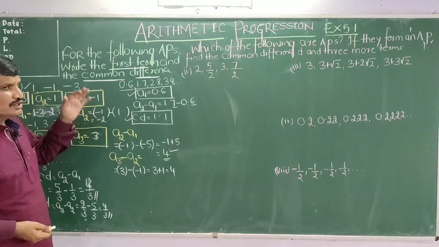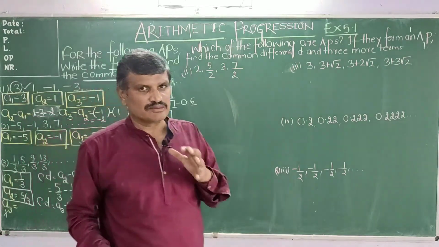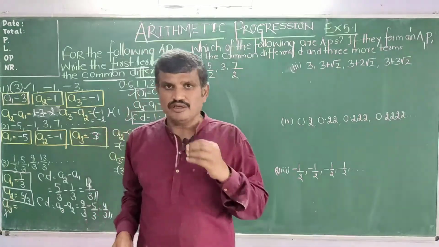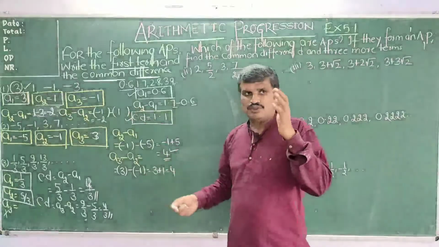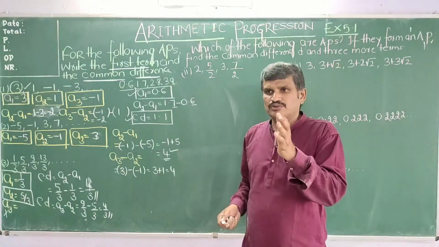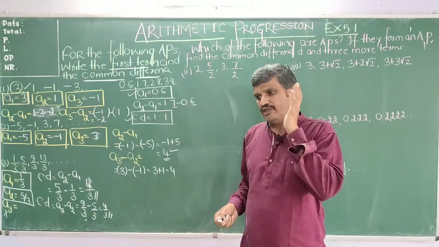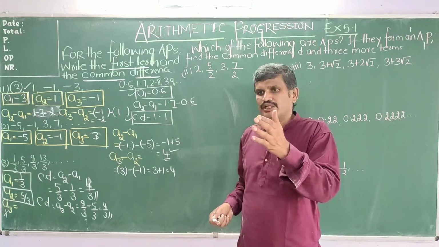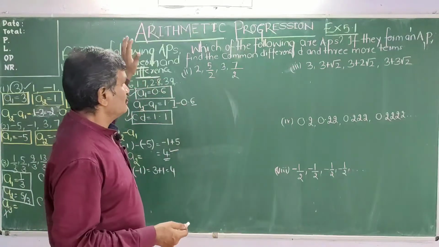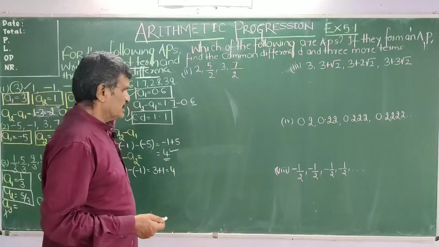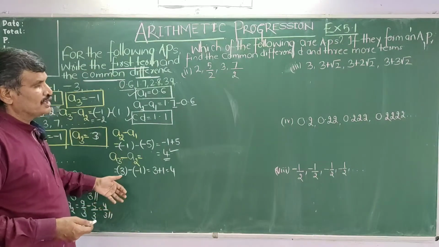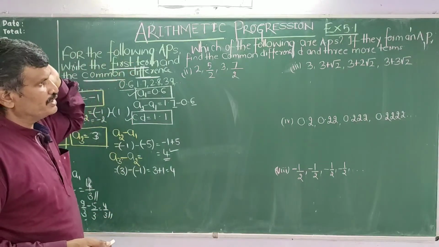So dear children, in the first part of an exercise, let me explain one thing. An AP is given to you, and from that AP you found out the first term and the common difference by using the formula A2 minus A1 or A3 minus A2, A4 minus A3 also will do. This is one part of the exercise from your textbook. About 5 to 6 examples are there, out of which I have solved 6 of them, and I hope you can solve the remaining ones very easily.